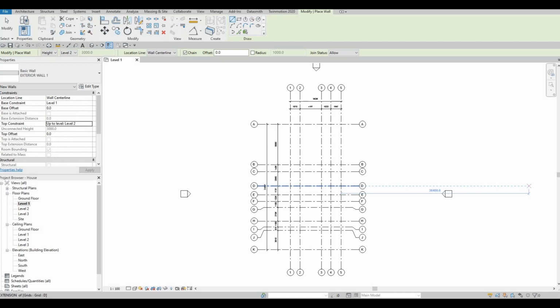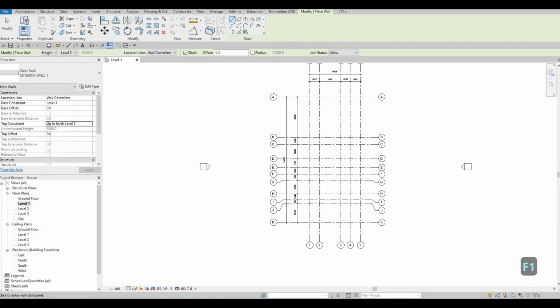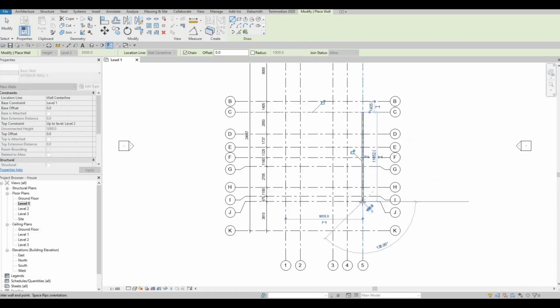So I'm going to start off at 5C, going down up to 5J, going across up to 3J, going up until H5 or H3, and then here we're going to go up to H1,